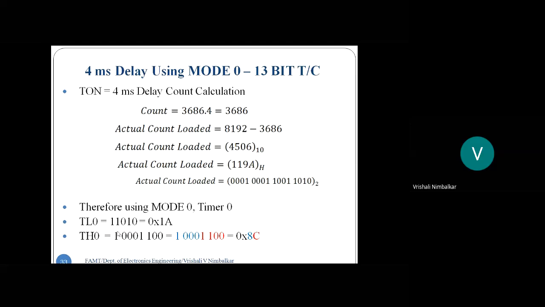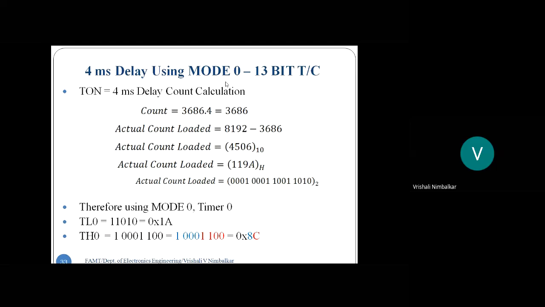Now writing this as an 8-bit number. So see, grouping of 4 bits. That blue color I have highlighted will be grouped as one hexadecimal number, and then the remaining 4 bits as another hexadecimal number. So that becomes 8, 100 is 8, and 110 is C. The red color is C. That is what will be loaded in the higher register. Are you getting me? That's the only difference.